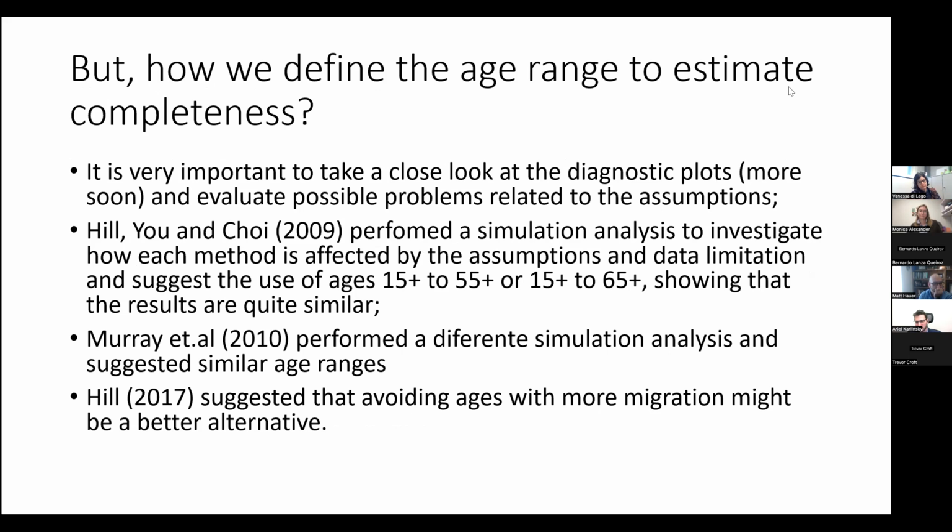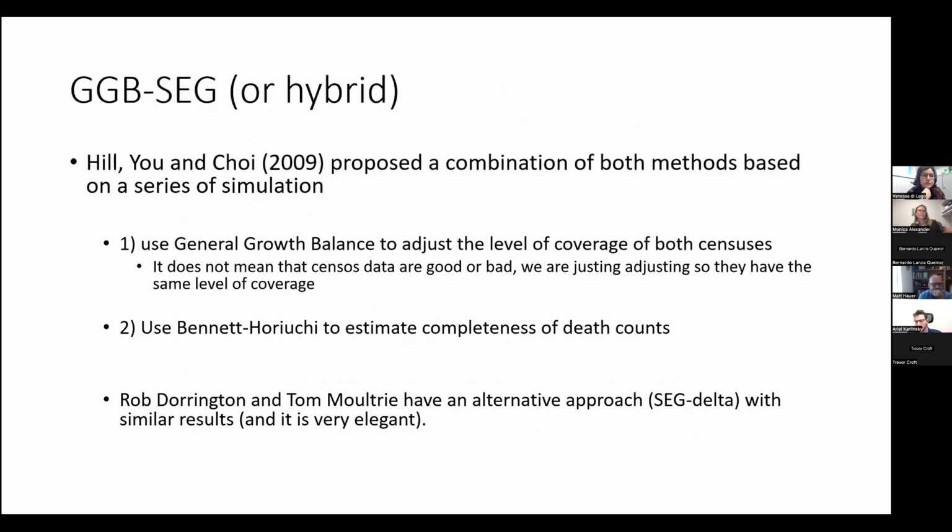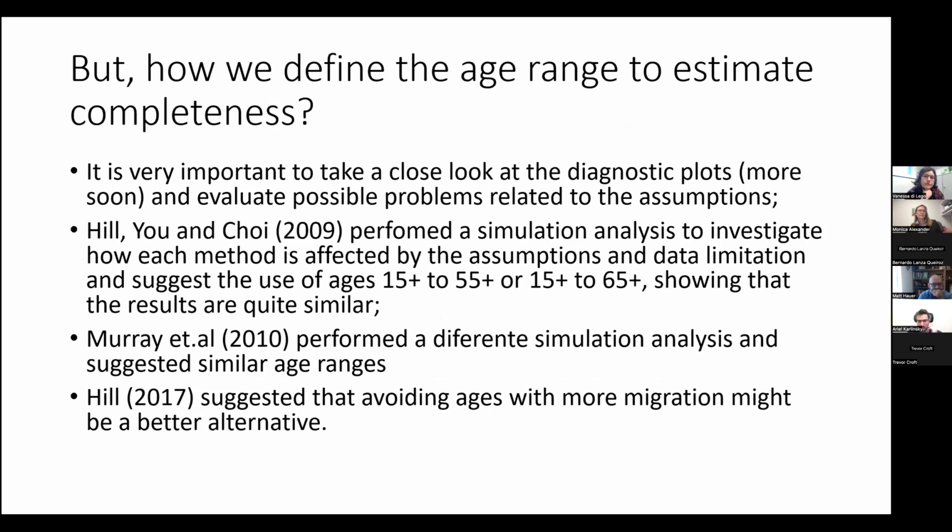So one main thing that we need to consider now is how we're going to estimate the level of completeness. If we see here in the Bennett-Horiuchi, the synthetic extinct generations ratio, we're going to have a series of ratios of n hat over n over the age range, and we need to think of which age range I should use. So it's really important to look at the diagnostic plots. I'll show some soon, and then see how the assumptions might affect the results and what alternatives I have